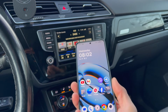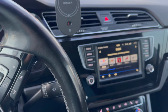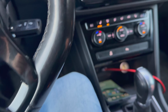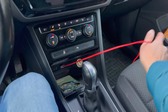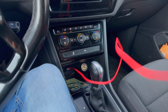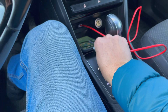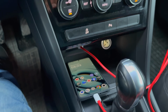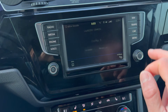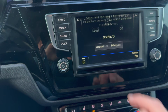Now what I will do is plug my device to the car. I just want to show you that Android Auto is working on that device, because you know, I have a video where we convert this device from China to global version using OxygenOS, and now it's using OxygenOS. And let's just plug it. Alright, now it is plugged. I will go here in the car and select App Connect. You can see I have OnePlus 13 and Android Auto is available. Let's just tap on it